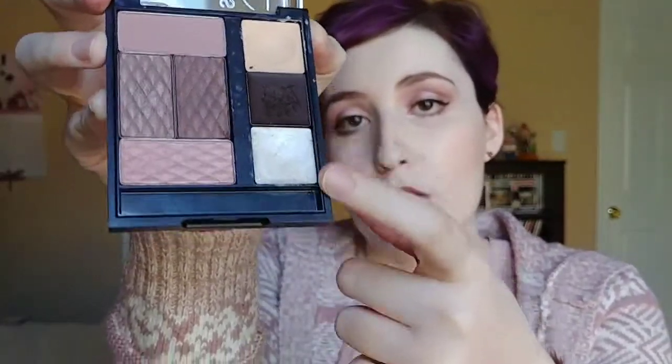Because that's actually a pretty decent primer for canceling out discoloration, and it's really creamy. I don't anticipate getting rid of either of these cream products, the eyeliner or the cream highlight. The cream highlight, I don't really like that. The cream eyeliner is very nice, but there's a lot of it there that I don't think I'll ever get